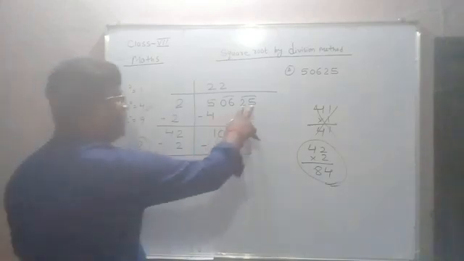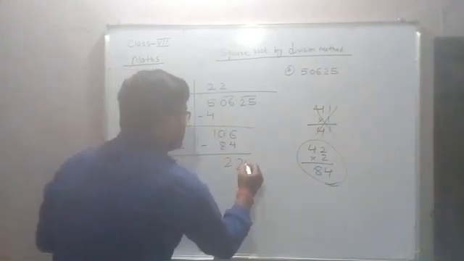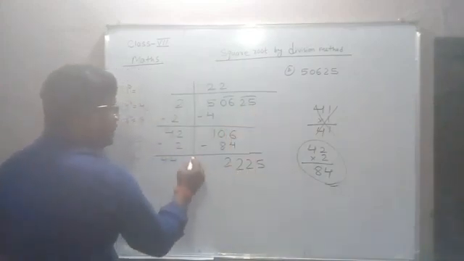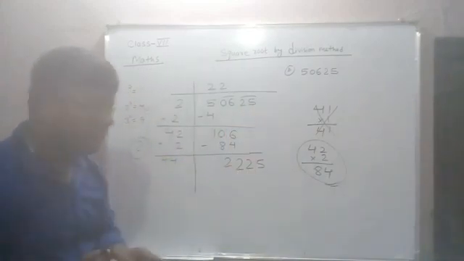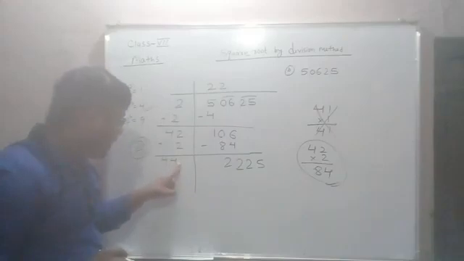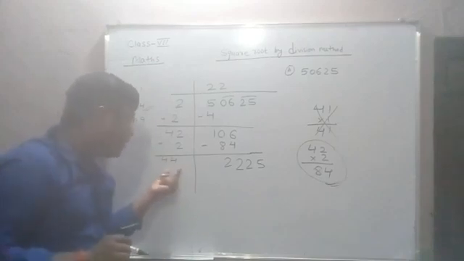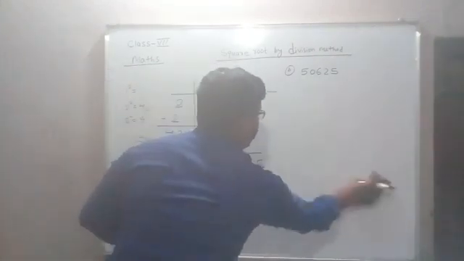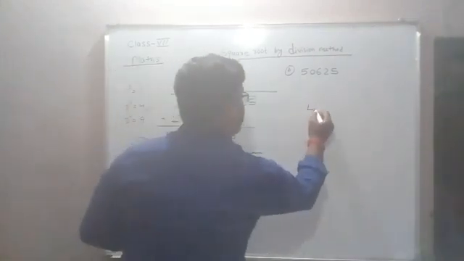Now another pair will come down, that is your 25 will come down. This pair 25 will come down here. So now again the same process. The number which we place here in front of this 44, the same number will be multiplied, and we will write it here and do the subtraction. What I mean to say here is that 44 is here.